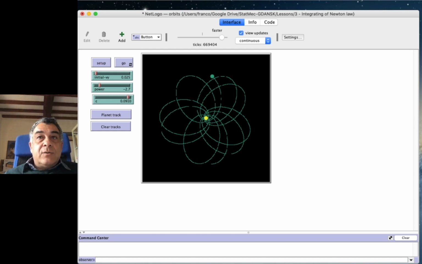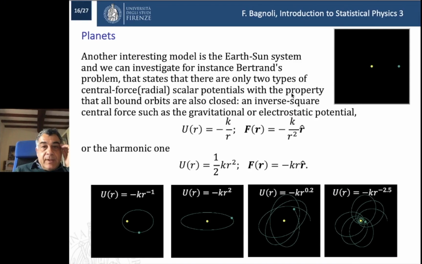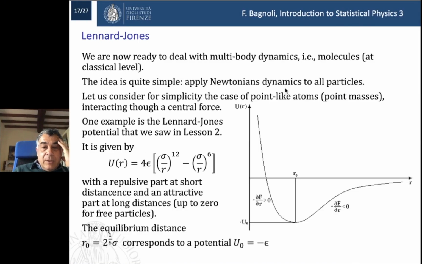Okay, so just to conclude, I would like to show a real example. In this case, it is the simulation of a multi-particle system, Lennard-Jones, the same that we have seen in the first lesson, but now not with the Monte Carlo technique, which is actually much simpler, but following the dynamics of the particles. So the Lennard-Jones potential is a potential that is well suited for approximating the potential between